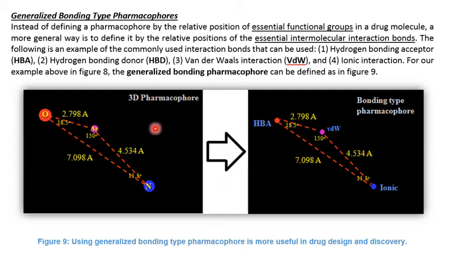Now, why would we bother defining the bonding type pharmacophore rather than the normal three-dimensional pharmacophore? It is because this kind, the generalized pharmacophore, is more useful in drug design and discovery. The reason is, instead of being strictly